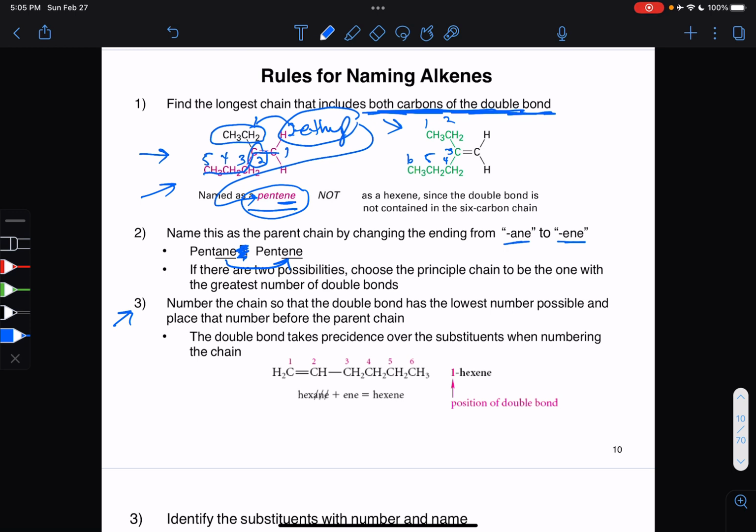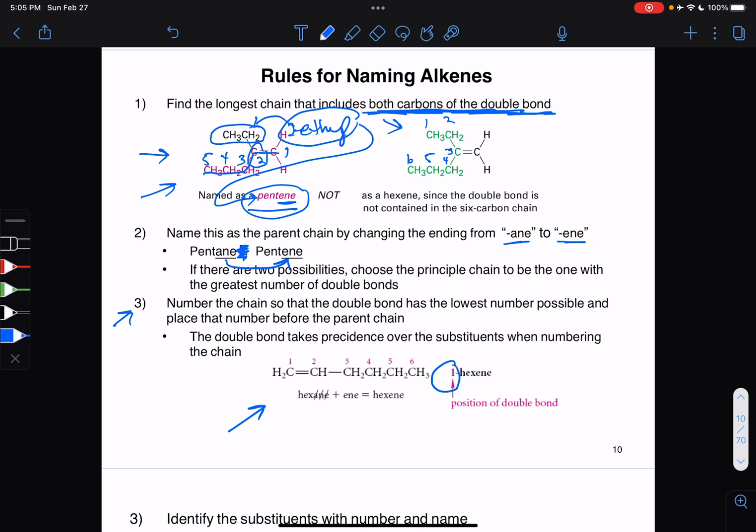Okay, so looking at the chain that is below point number 3 there, we can see that it is a 6-carbon chain because it's already numbered in pink there, and that the double bond is between carbons 1 and 2, and we want to locate where that double bond is, and so we say